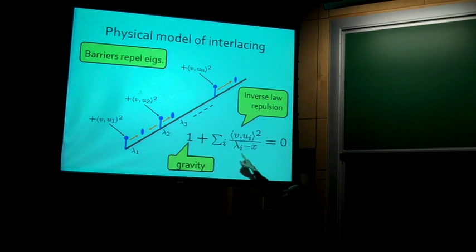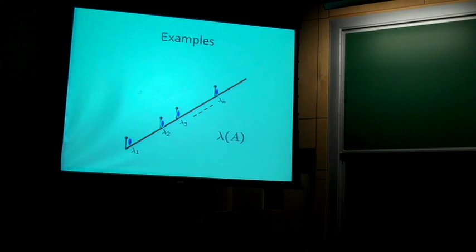And this one here, in the formula I had before, is gravity, and these are your inverse repulsion laws. And all of them are repelling each other. Now, I want to show you some examples, because there's one thing here that's going to be completely counterintuitive. You're probably asking yourself, what the heck happens if I just add some multiple of u1 to my matrix? Because you know that you can get any eigenvalue to shoot up as much as you want by adding a multiple of its eigenvector. So let's take a look at that example.